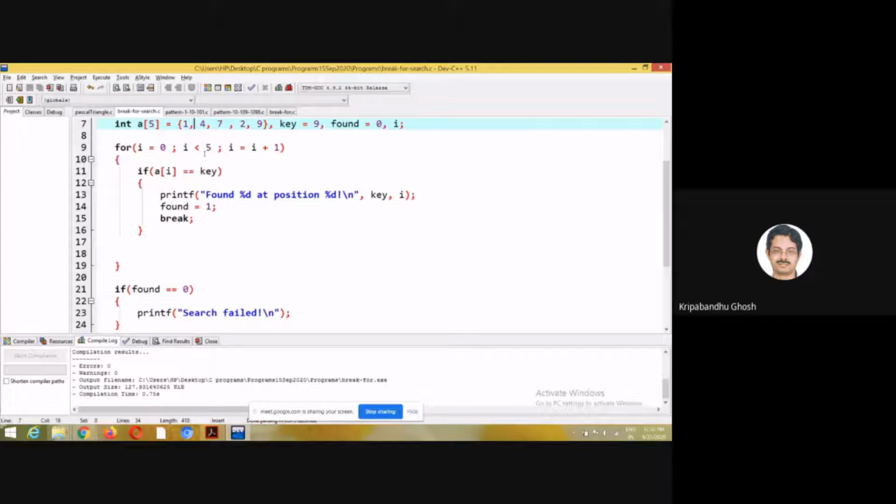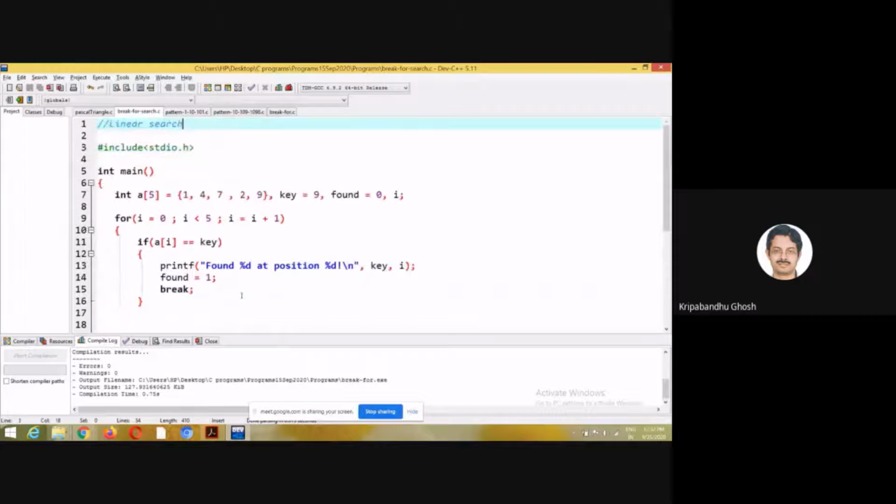What will happen if I find it at the last position? Yes, that you can also do. If I break it here, the value of i will be less than n, so this condition would have been true, so that you can also check.